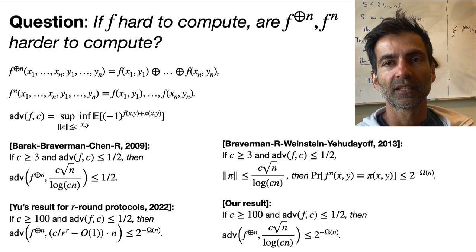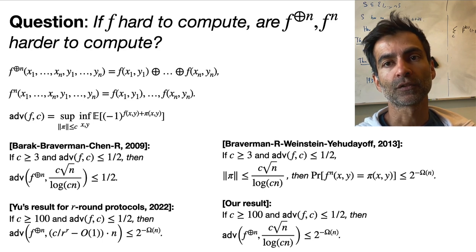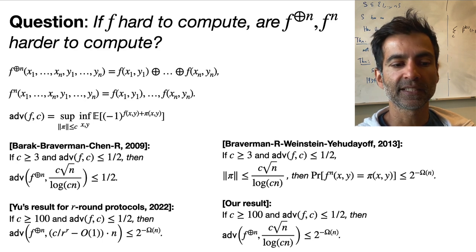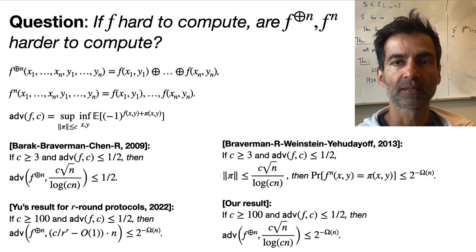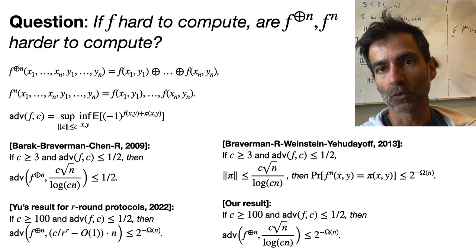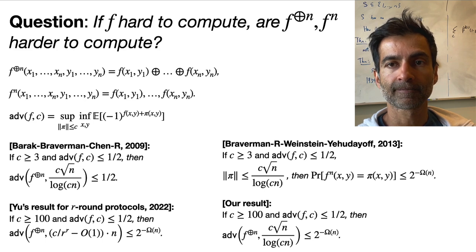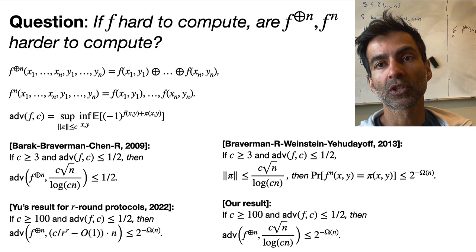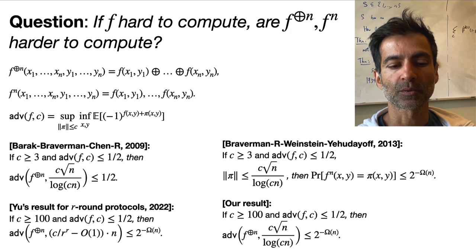Okay. And in our work, we prove the first results with exponentially small bounds for the general setting of arbitrary communication protocols. We prove that if C is bigger than some small constant, and the advantage of f with C bits of communication is bounded away from 1, then again, under the old kind of bound on the communication complexity, you get exponentially small upper bounds on the advantage. Okay, so with at least square root n times more communication, the advantage is exponentially small. That's what we prove.